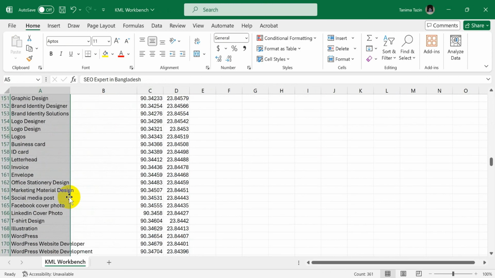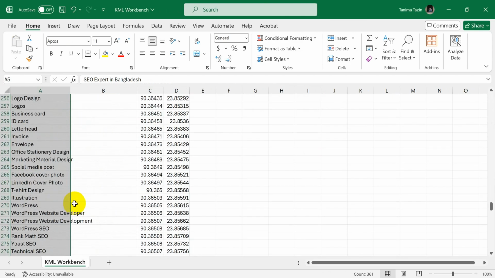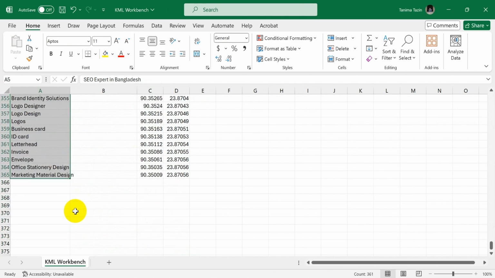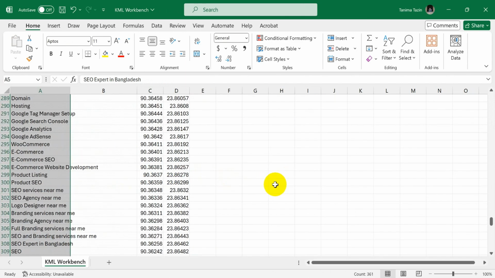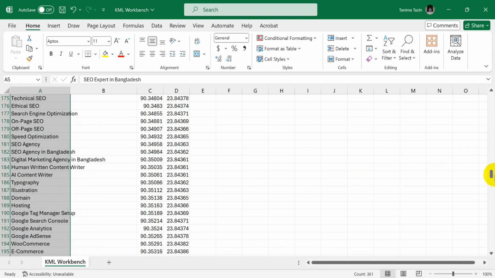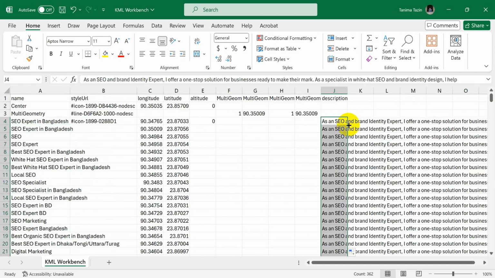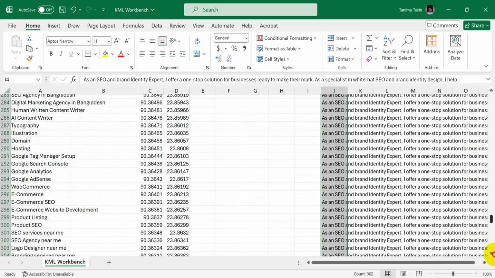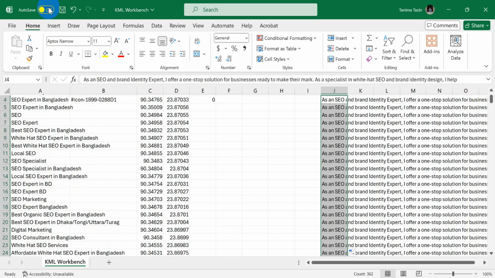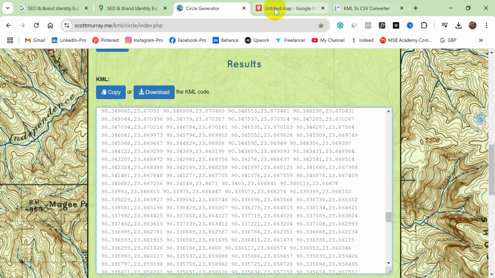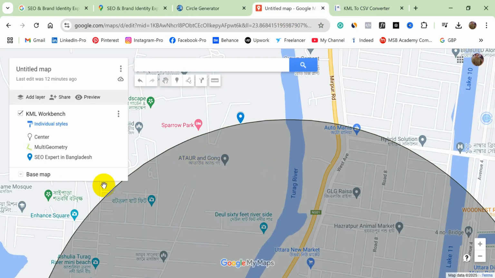and bottom and double click on the plus point so that it will cover to the bottom of the longitude and latitude for all points, and double click on the description, so it will cover the whole description as well. So make it save. Now go back to the Google My Map, and now